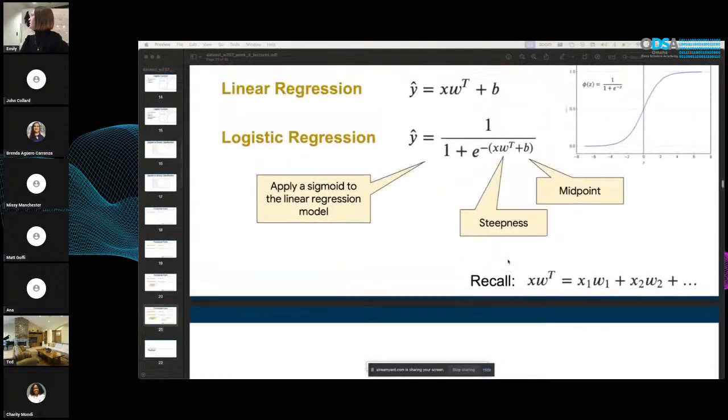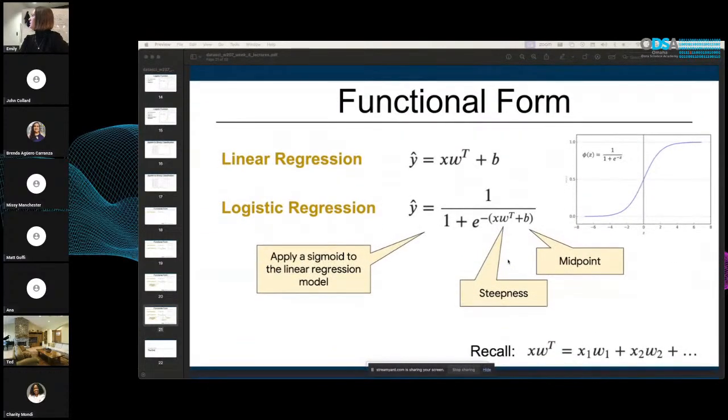Why would you want to change the midpoint? Like you said, B alters where you consider the 50% probability. So maybe for your problem, for the data going into it, it isn't centered about 0. I'm trying to think of an example. I remember just a couple of days ago I thought that would be really useful for X, and I can't think of it now. Maybe it'll come to me.